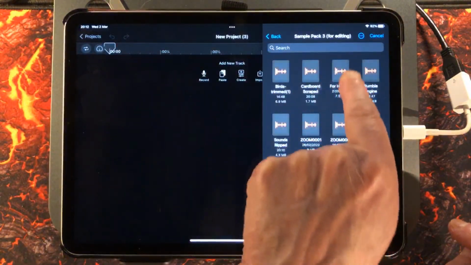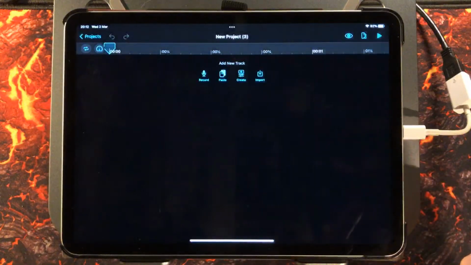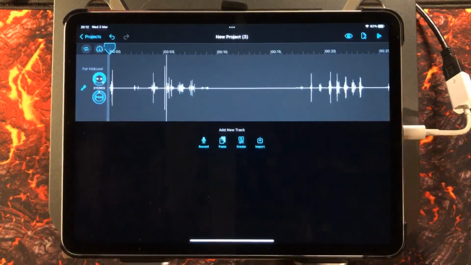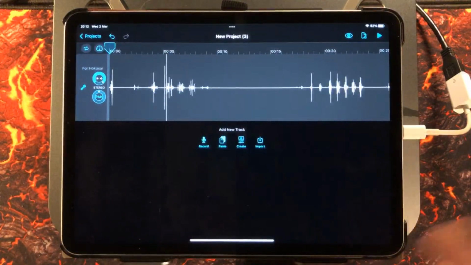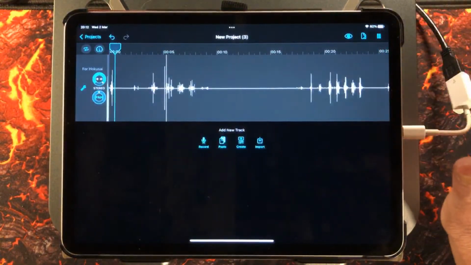And there it is, look, for Hokusai. So I'm going to tap on this and open it. Boink, and there it is. Now, this is the cool stuff you can do with Hokusai. It's really easy. So if we play it,